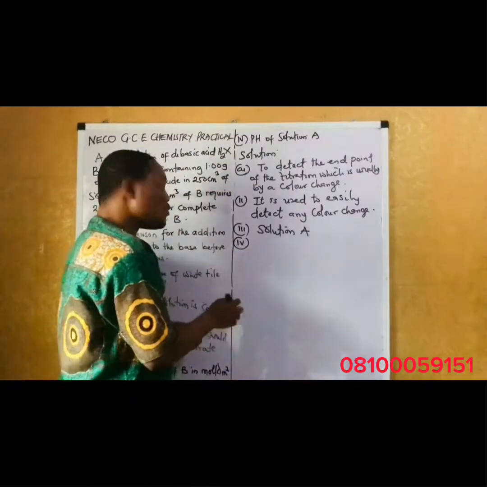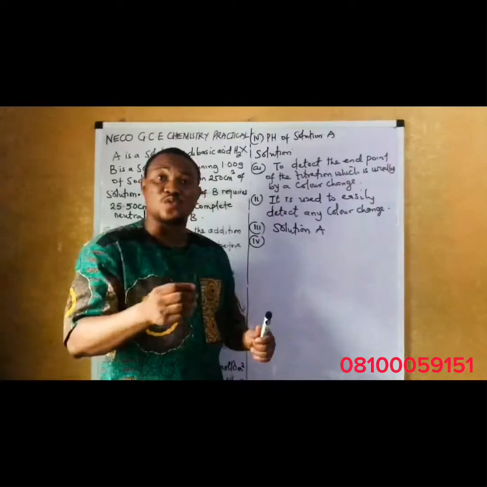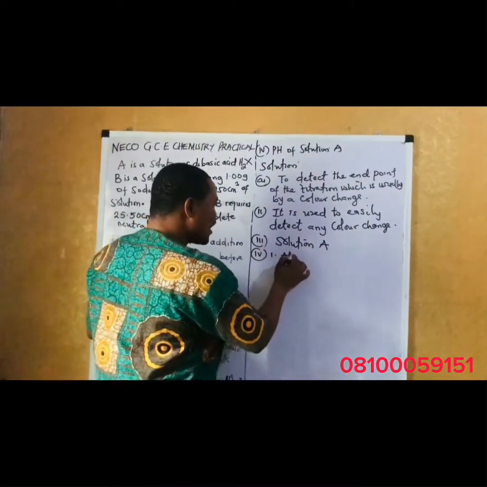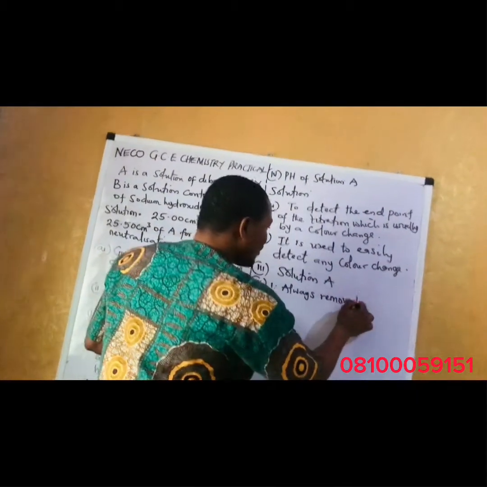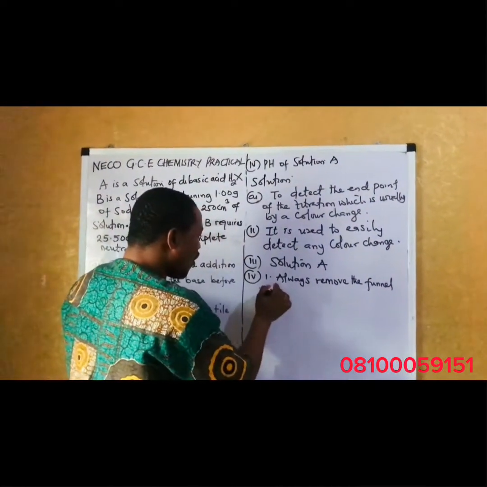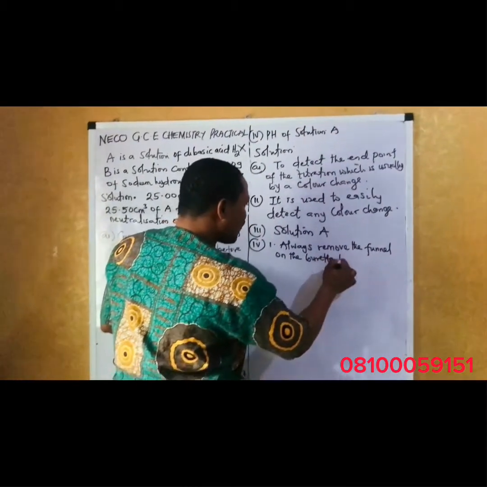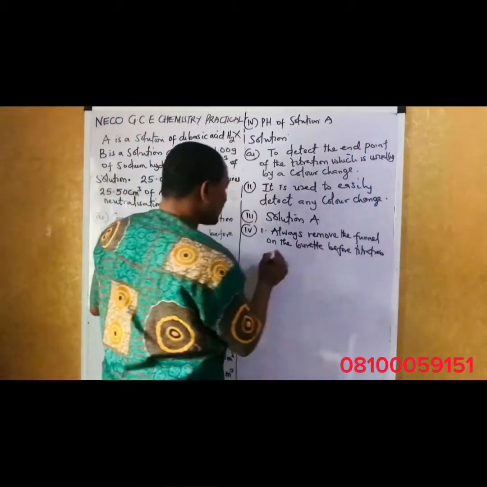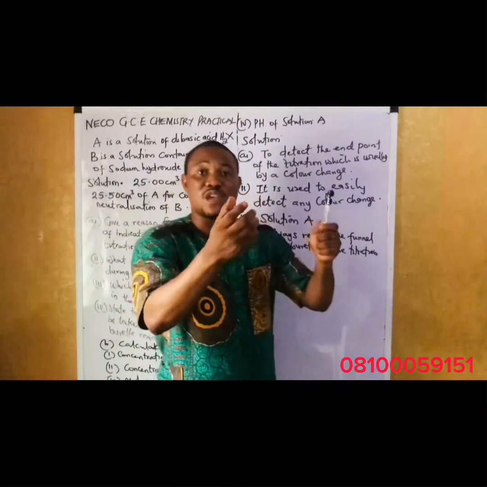Number one, we have a lot of precautions for titration, but they said we should state only 2. So we can read from our books too, but I will state just 2. The first one, always remove the funnel on the burette before titration begins. You know, when you want to pour the acid in the burette, you use a funnel to